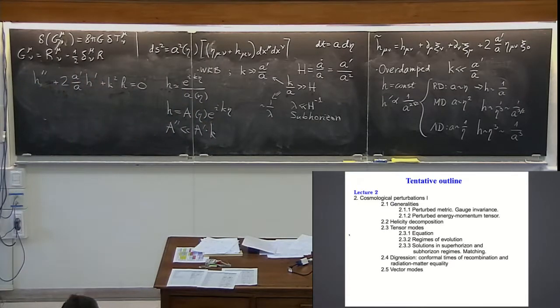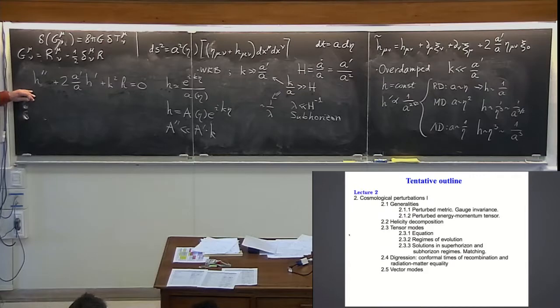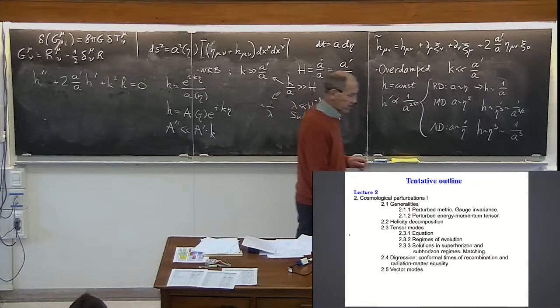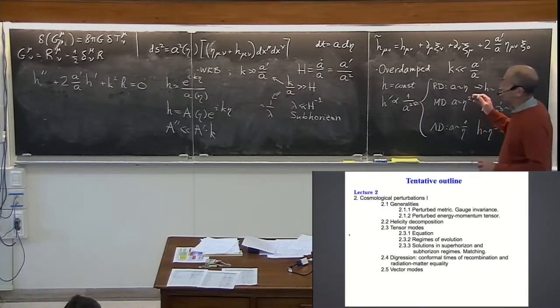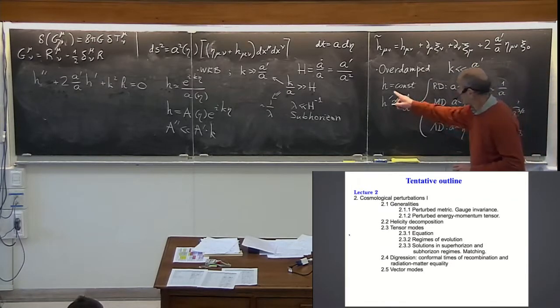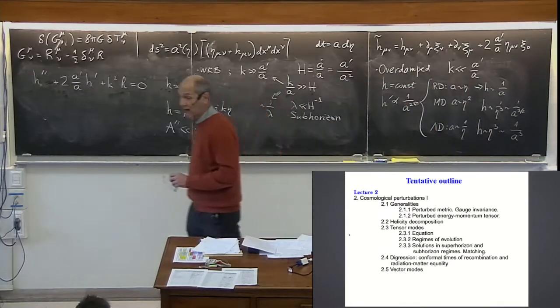So there are two modes. One constant mode. This will repeat. This is a nice illustration on a very simple equation of what's actually happening with scalar perturbations as well. There are two different regimes. One regime is the WKB regime, the oscillatory regime, or subhorizon regime, and the superhorizon regime. And in the superhorizon regime, there is a constant mode and a decaying mode. Sometimes this decaying mode, by the way, is called rising mode or increasing mode.